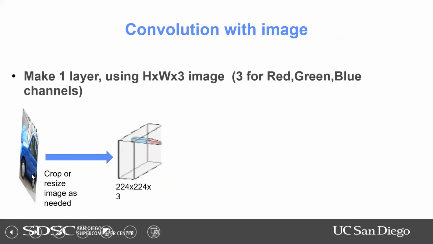Okay, so let's look at what a big convolution network looks like. Here I have an image, and it's going to have some height and width, and 3 is the depth, because for a color image, there are 3 channels. Typically you start with some images and you crop them so that they're all the same size. In this example, this image is 224 by 224 by 3. So that's your image.